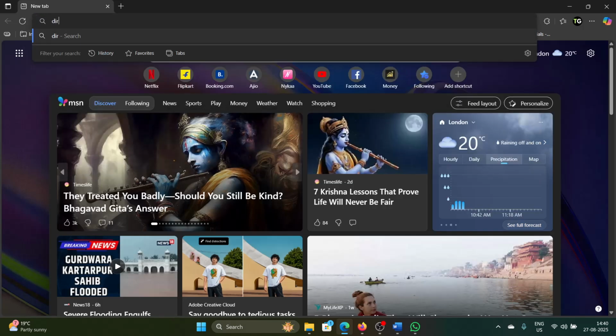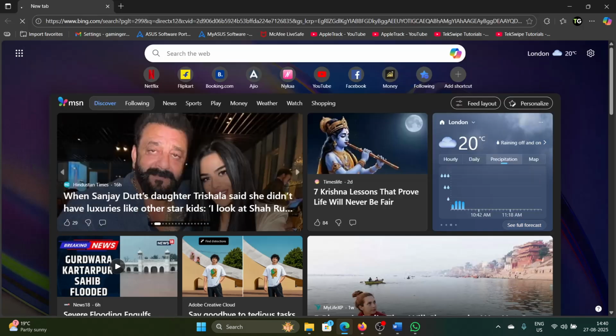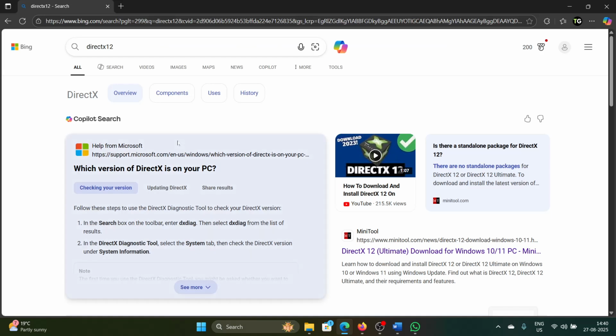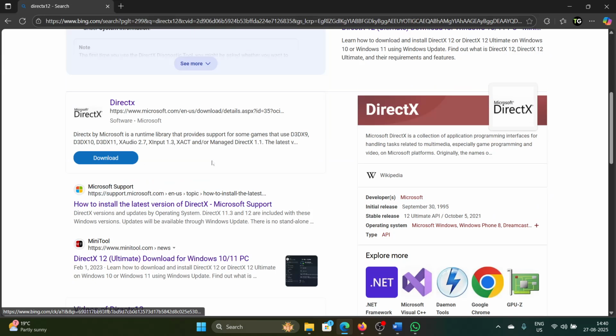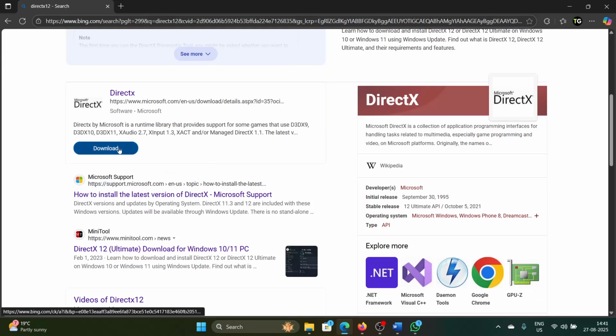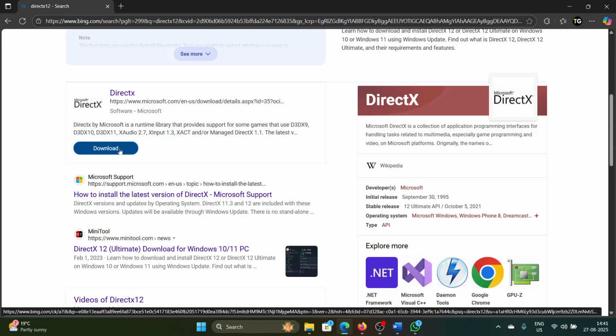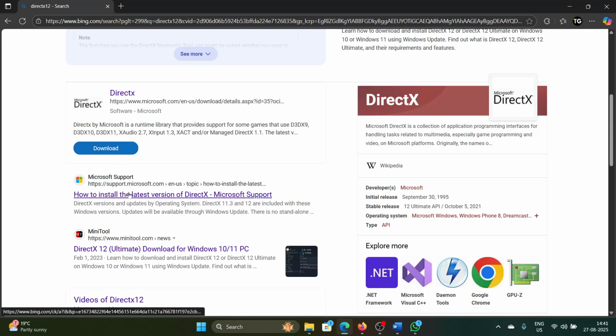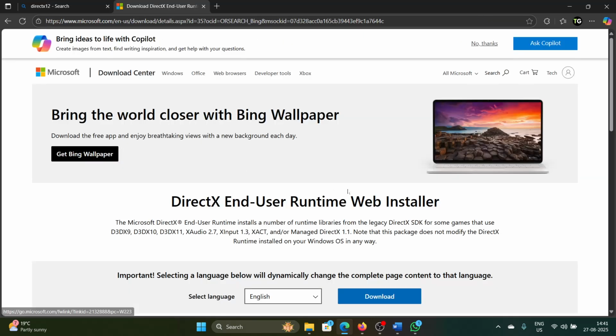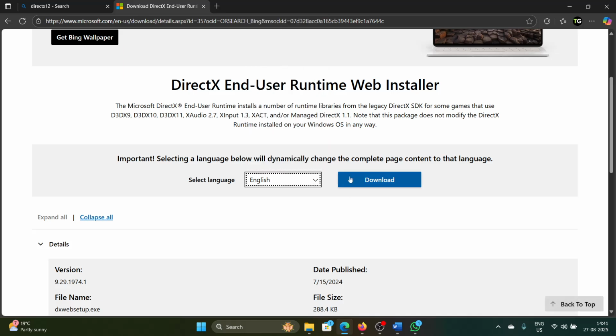So open your browser and search for DirectX 12 and hit enter. Okay. Now there are many versions of DirectX. You'll have to scroll down. If it's Bing, you will get the link directly. Otherwise, it would be the first link. Okay, click on download if it's Bing, or if it is the Microsoft Edge browser, choose your language and click